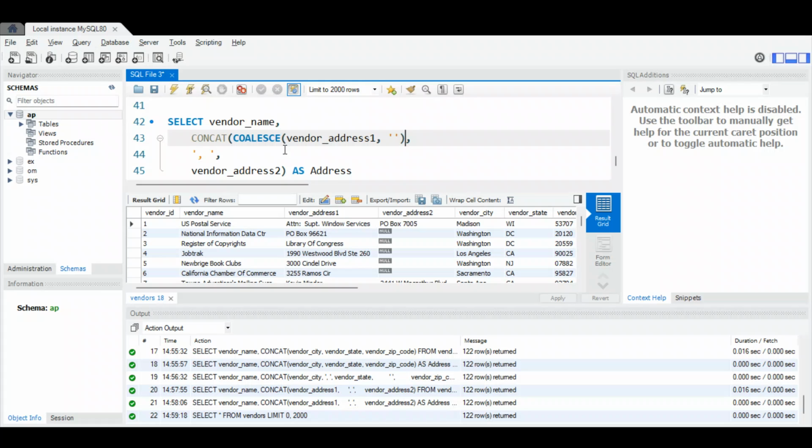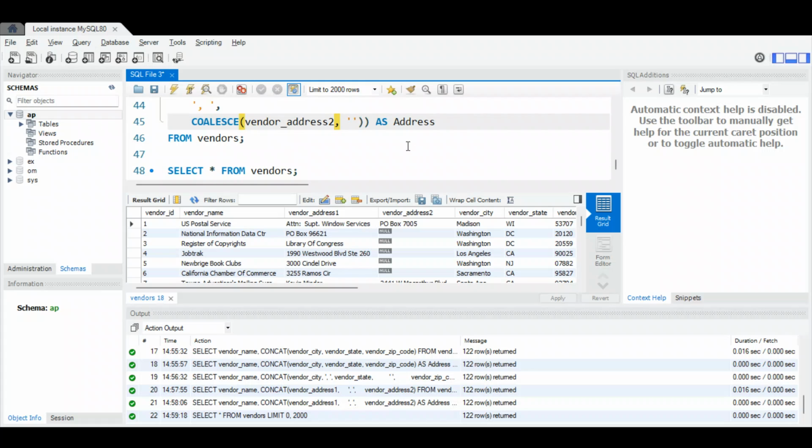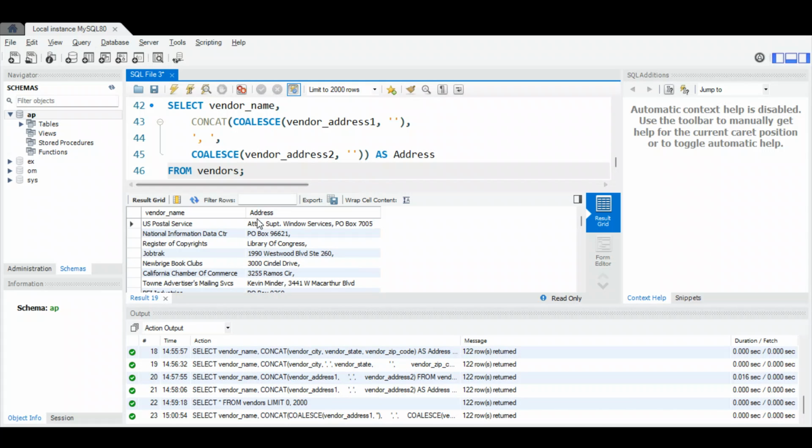So this is another function, right? And we're going to do the same thing for vendor address 2. We'll do a COALESCE clause and replace any null value with an empty string. And then I have to add another closing parenthesis, right? Because if this one's closing this one, there's still this open one all the way back from the CONCAT function way up there. And so now when I hit control enter,